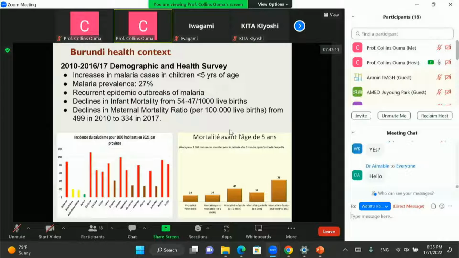The first shows the incidence of malaria per 1,000 in 2021 in the province sanitaire, by province, and we know that